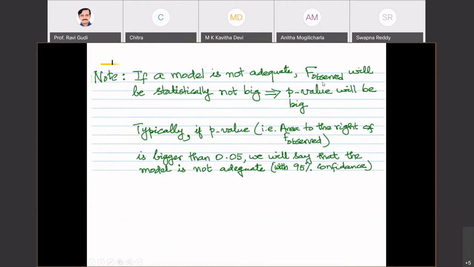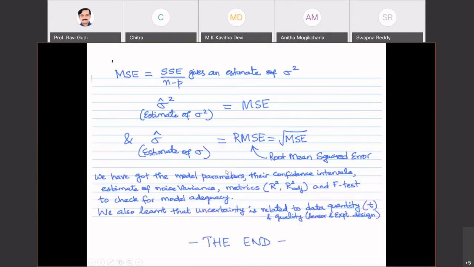If you want F observed, if your model should be adequate, then F observed will be big enough, and then you can use it for your model building purposes. Okay, and we established this relationship between... So these slides I'll essentially put, but the rough rule of thumb is R square minus R adjusted square must be less than 0.2 for the model to be acceptable.